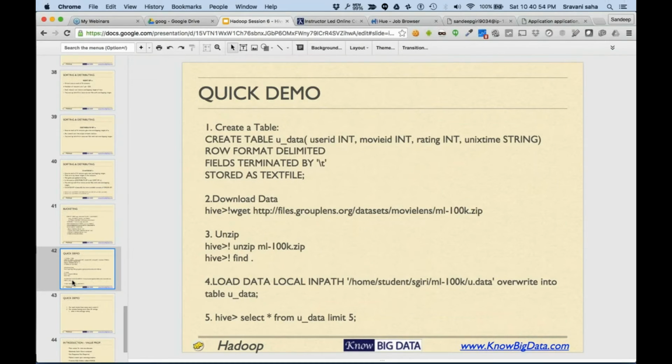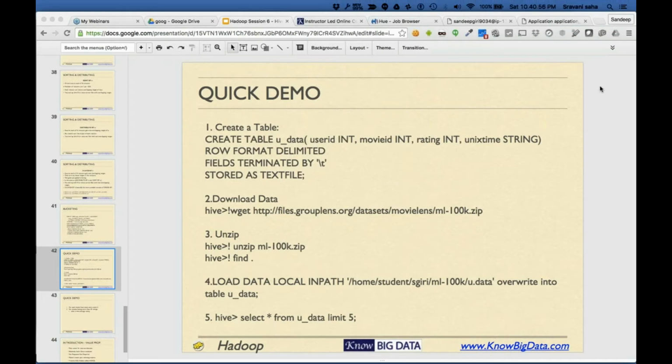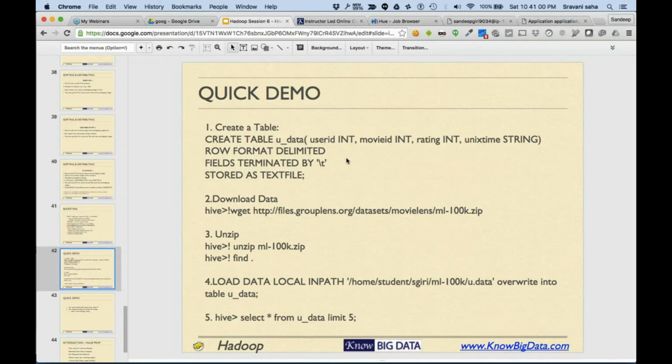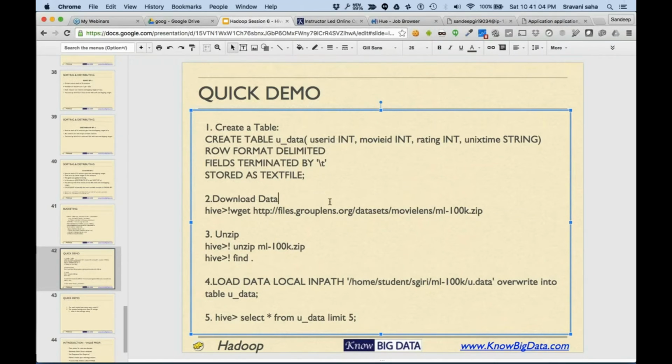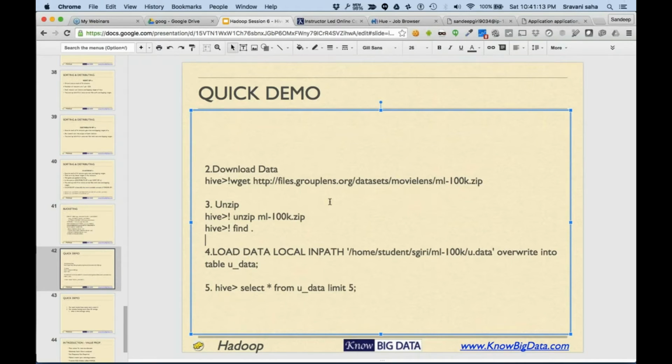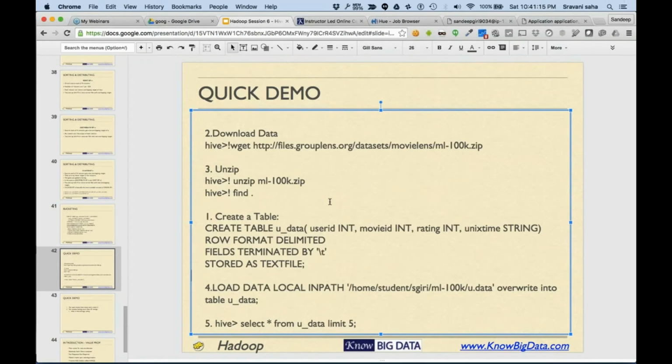All right, now let's take a look at a quick demo. First of all, we will download data. I think I'll just change this particular step for you. I think it is better to have the order like this.